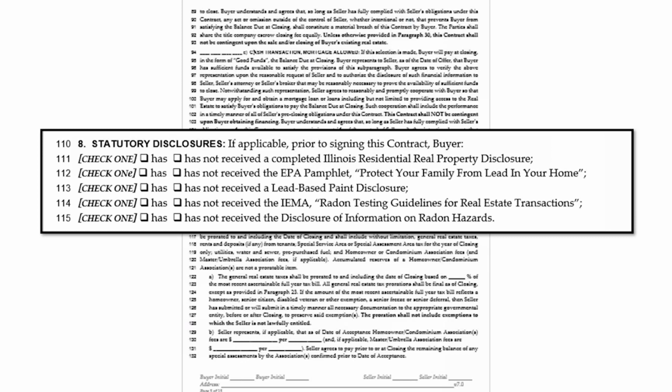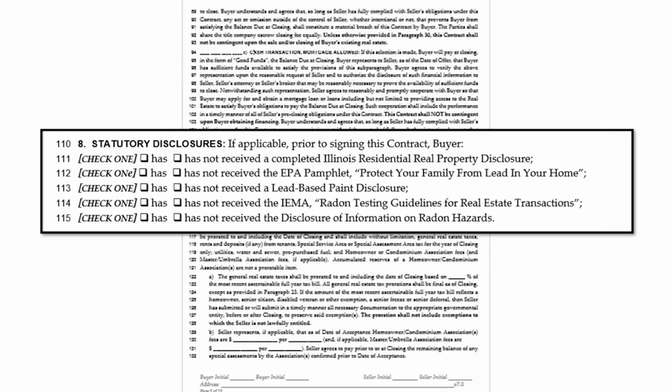Do the same thing with lead. If the property is on the 3rd floor or higher, there is no lead paint disclosure. So no, they will not have received that. If the property was built after 1978, there is no lead paint. So they would not have received that. So you've got the radon that's going differently, and you've got the lead paint that might not be there. So if it's not there, put NA in there. A lot of people I have seen will put "not applicable" at the end after each one.